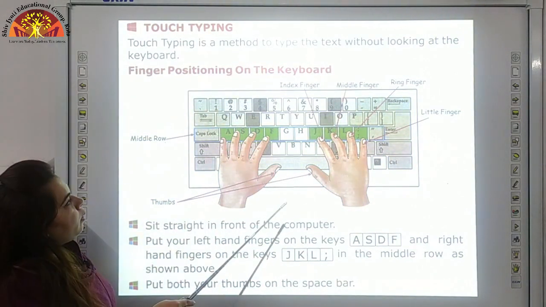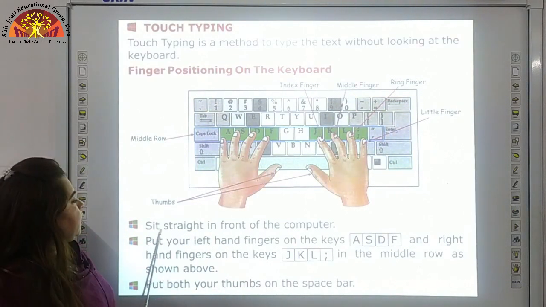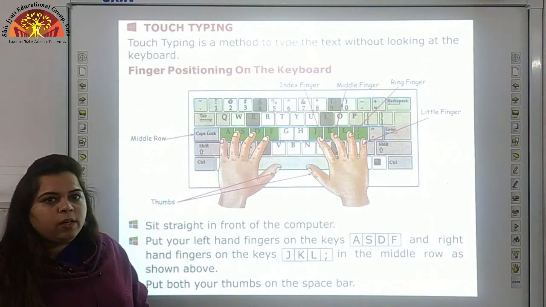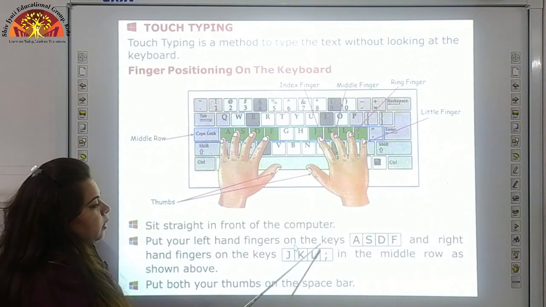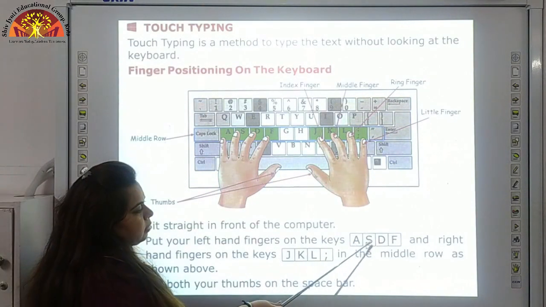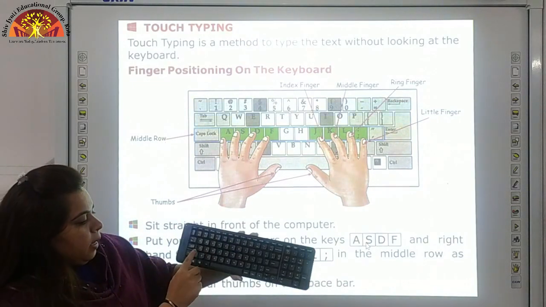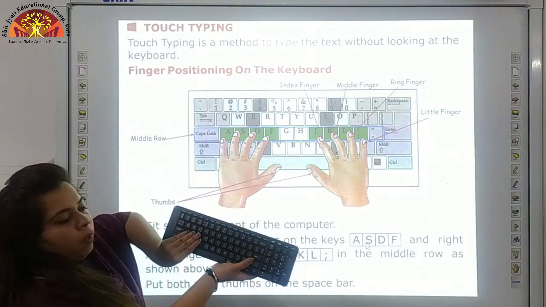You can see over here, the first point is to sit straight in front of the computer. You have to sit straight in front of the computer. Put your left hand fingers on the keys A, S, D, F. You can see the letters over here, A, S, D, F. Put your left fingers over here.